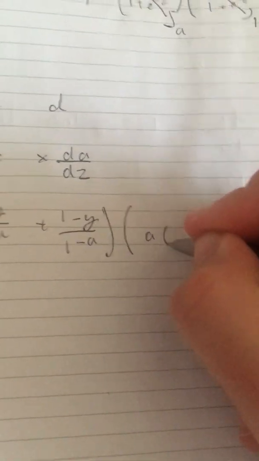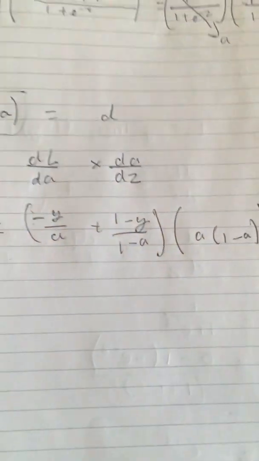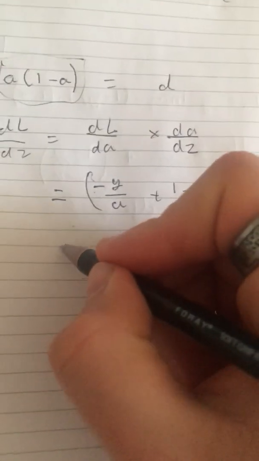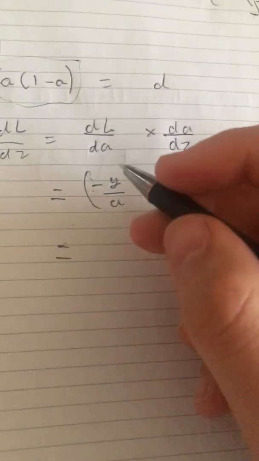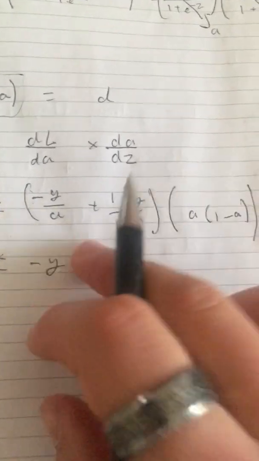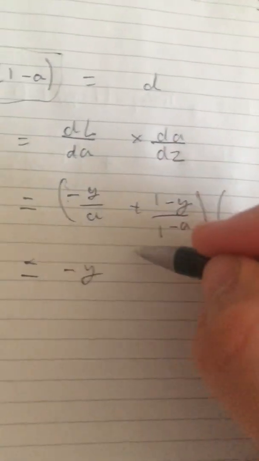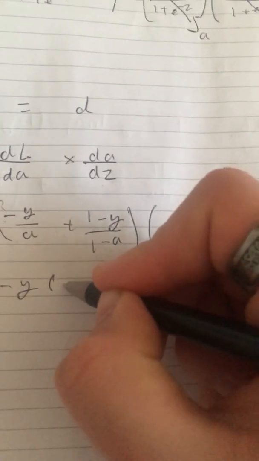This is multiplied by a 1 minus a. Now this we have to simplify out, which we got minus y. If we multiply both of these by a 1 minus a, minus 1,